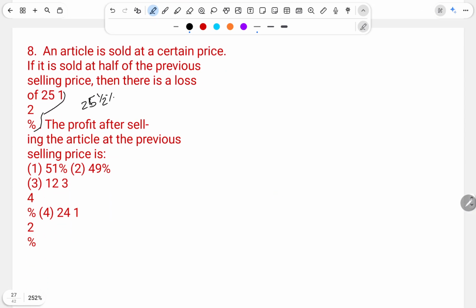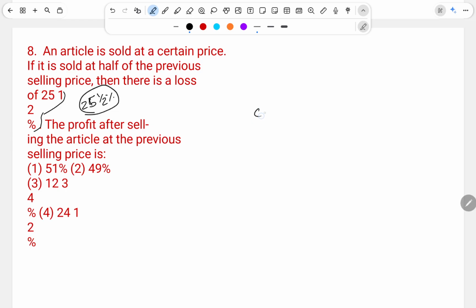See here, in the question I wrote 25 1 by 2 percentage, as here. It is not properly printed. An article is sold at a certain price. If it is sold at half of the previous selling price, then there is a loss of 25 1 by 2 percentage. The profit after selling the article at the previous selling price is, okay,